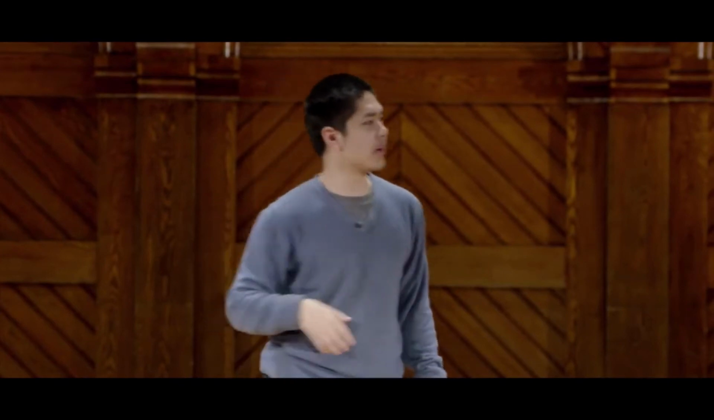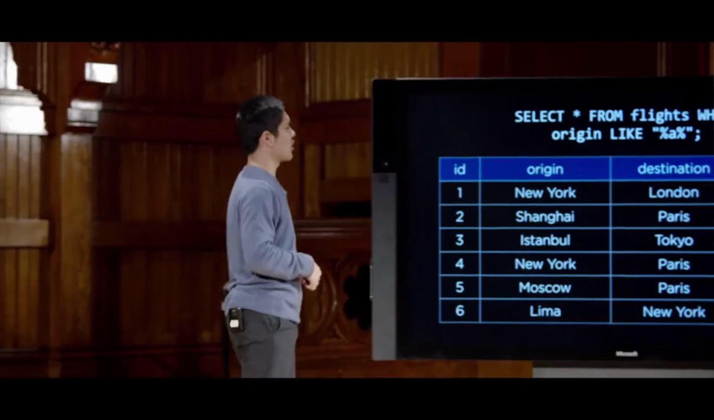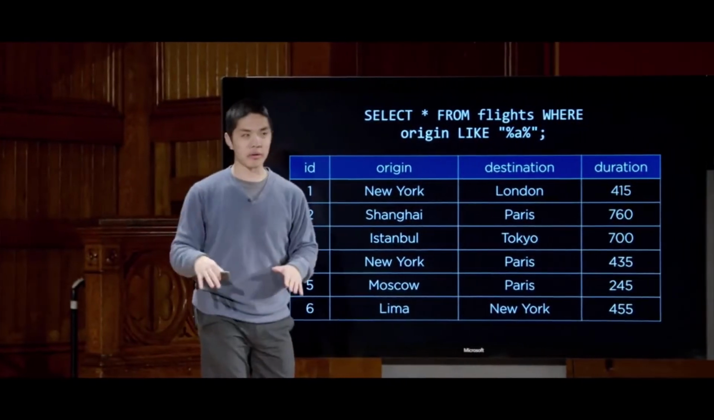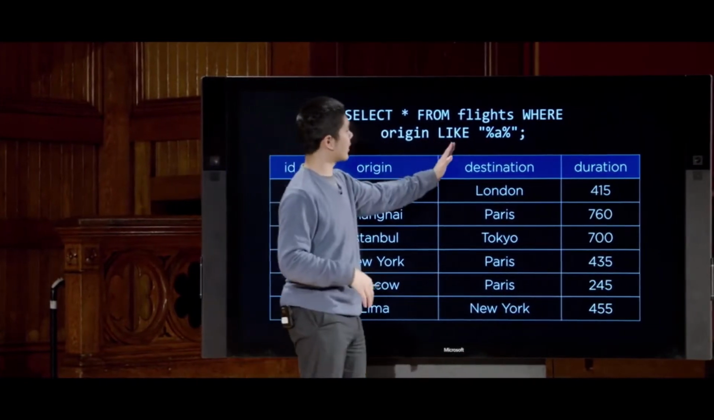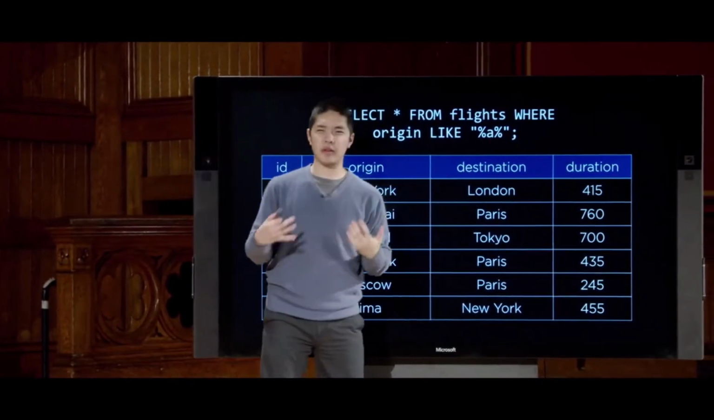So you can begin to construct more sophisticated queries that are able to check for whether an origin is in a list of possible values, or even if it matches a particular pattern, that maybe you know that one of the columns looks a certain way or is formatted according to a particular structure, but you don't know exactly what the value is. I could run a query like SELECT * FROM flights WHERE origin LIKE, and then in quotation marks, I have a bit of a strange expression,